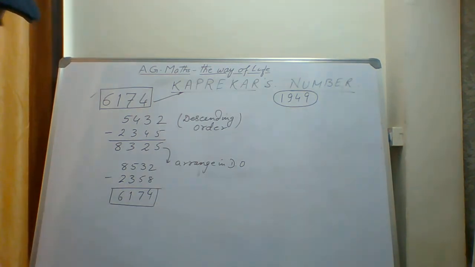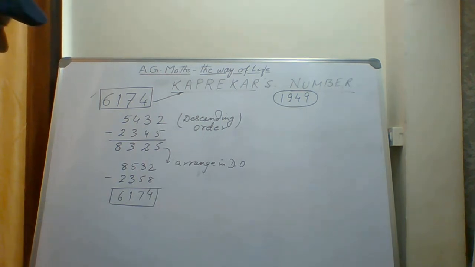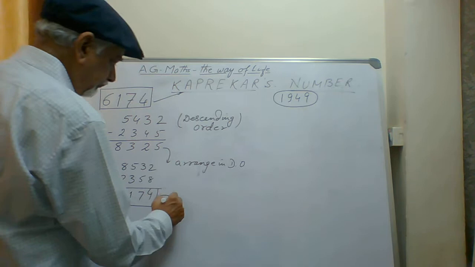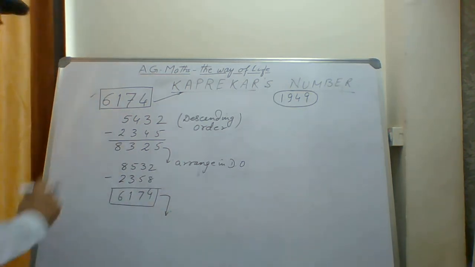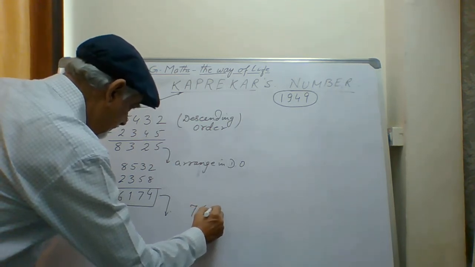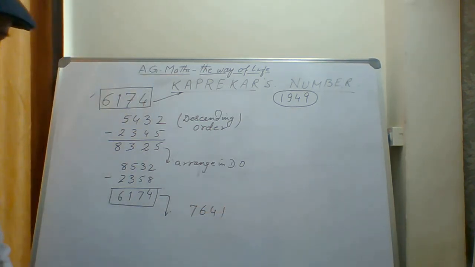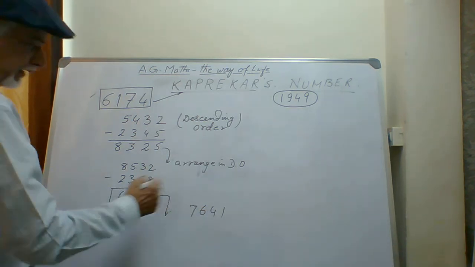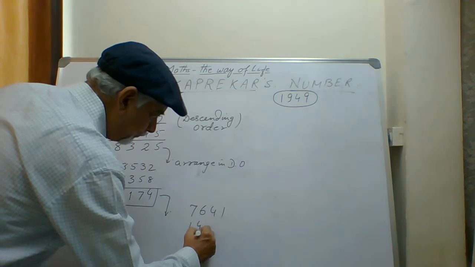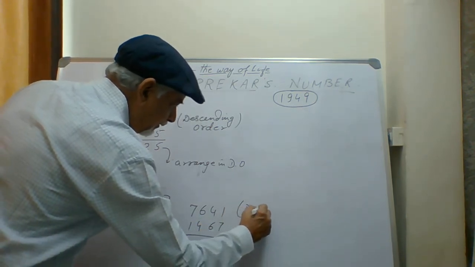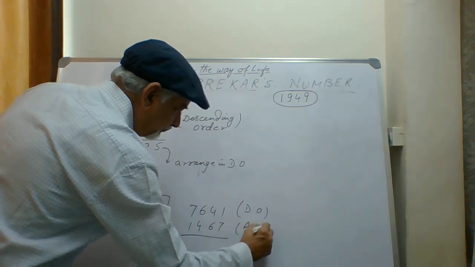So that is the specialty of this. You can pick up this number again. If I say that this is not the end, then what is the descending order again? I'll keep on getting the same number. See, the descending order will be 7, 6, 4 and 1. Is it not? This is the descending order of this haphazard number. Then I write the ascending order. 1, 4, 6, 7. This was the descending order and this is the ascending order.